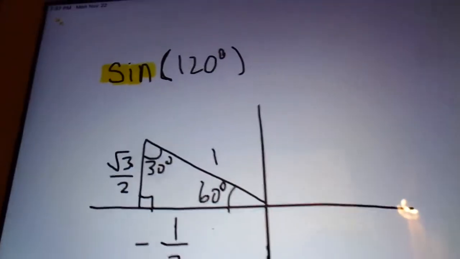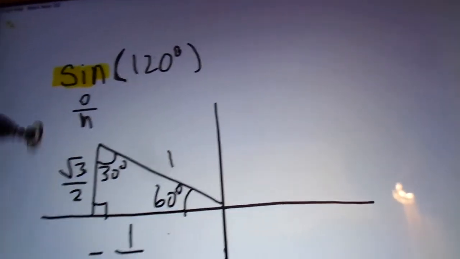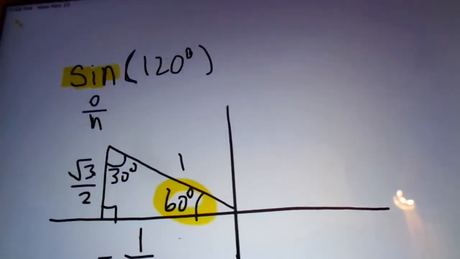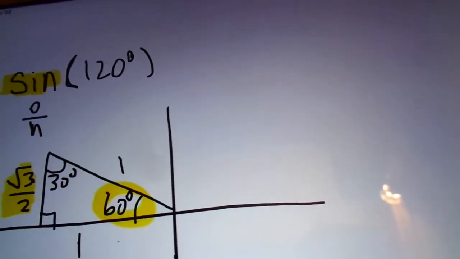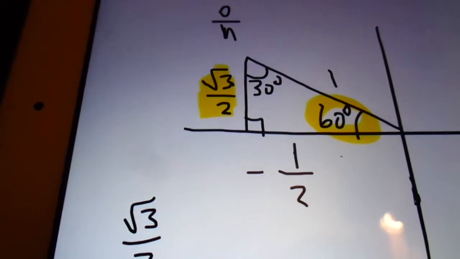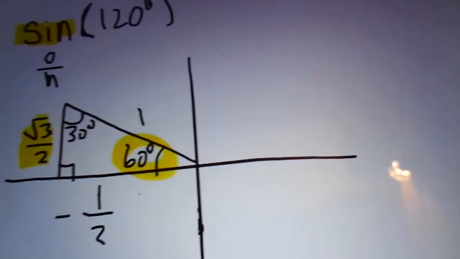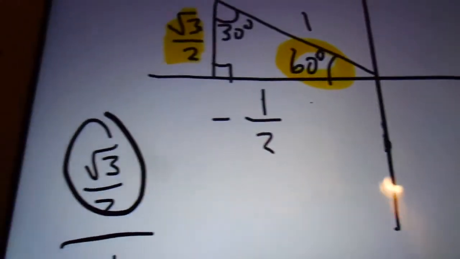Now, if we're trying to find sine, sine is opposite over hypotenuse. Opposite of the 60-degree angle is square root of 3 over 2, and the hypotenuse is 1. Oh, that's just that. So when you're doing the unit circle, since this will always be 1, what you can say is that